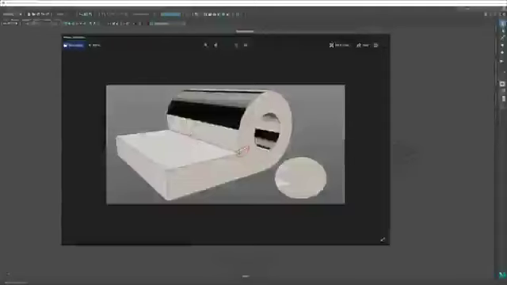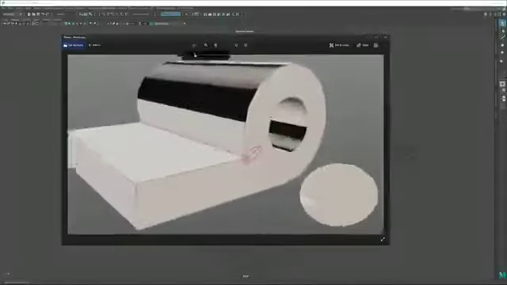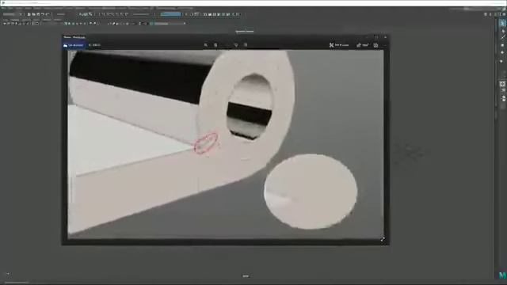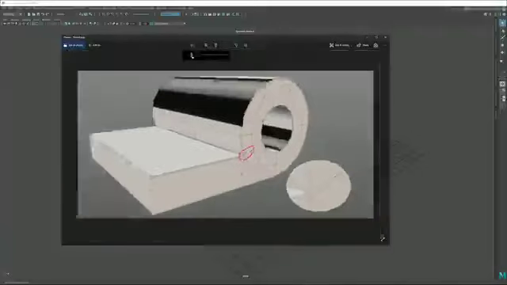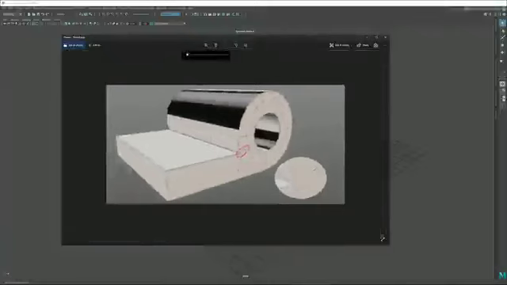I'm Mario, and in today's video we're going to continue with the same topology topic that we talked about last time. Here I have an example with a problem, basically a pinching problem, and I just want to cover a couple of things: what went wrong and how we could prevent something like this from happening in the future.